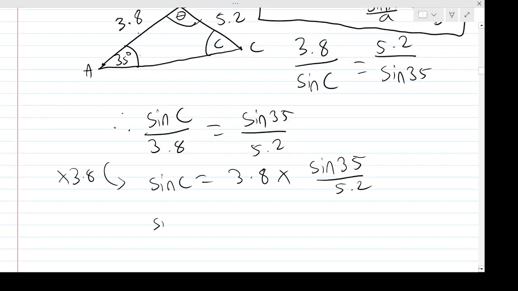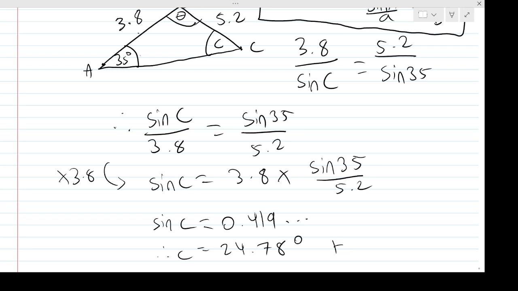So then I'll get sine C is equal to 0.419 some decimal. Therefore then C, if I inverse sine, I get